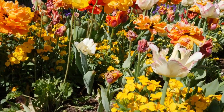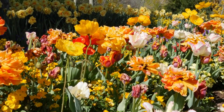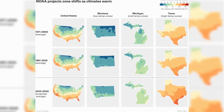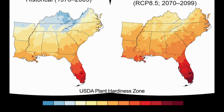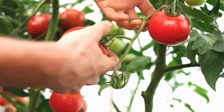In today's fast-changing world, even our gardens aren't safe from the impacts of climate change. A new gardening map has just been released, and it's revealing growing concerns for gardeners around the globe. The map, developed by climate scientists, shows a significant shift in gardening zones. Many regions that were once considered ideal for certain plants are now becoming unsuitable due to rising temperatures and changing